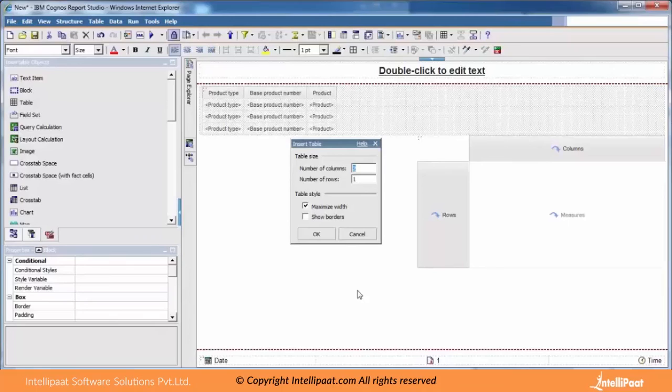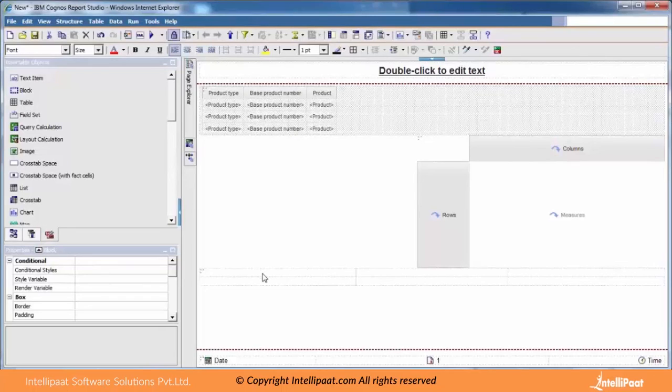Like an Oracle or SQL table, we have rows and columns. So we need to select the number of columns as well as the number of rows. Suppose I go with 3 columns and 1 row, maybe 2 rows. We'll see what happens. So first table cell, another table cell, another table cell.